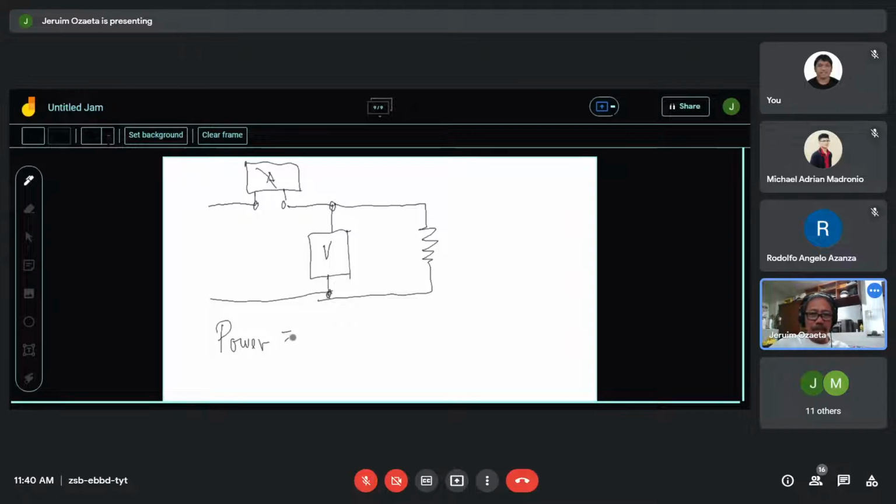electrical power, is the product of the voltage times ampere current. Or this is the watts equals volt times ampere. The product of volt and ampere will be the power. You notice